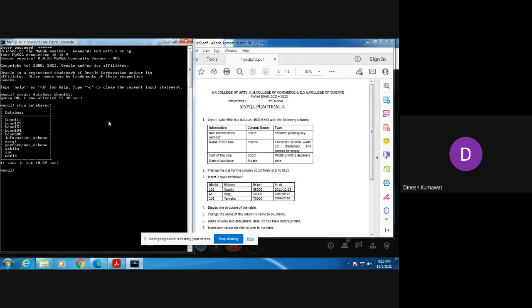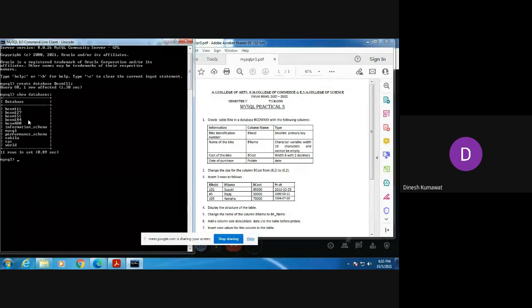Observe whether our database gets created or not. Is it created? At least say yes or no so that I can understand.